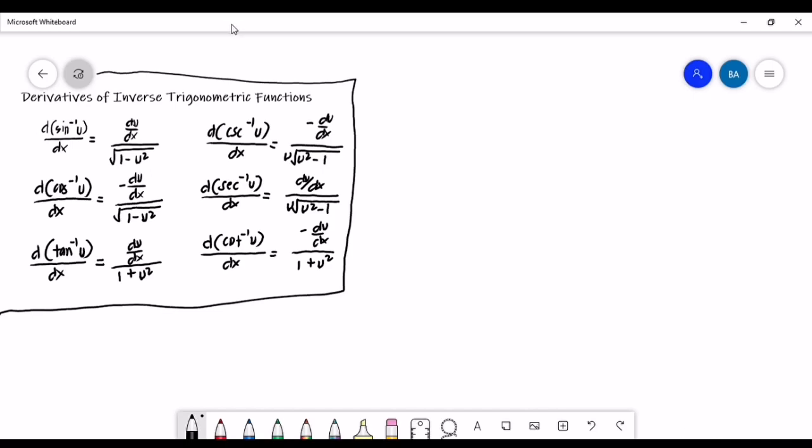For our example number 4, what if we have y equals arctangent of (a plus x) over (1 minus ax). Okay, so let's try this one. At this point, we could be able to use